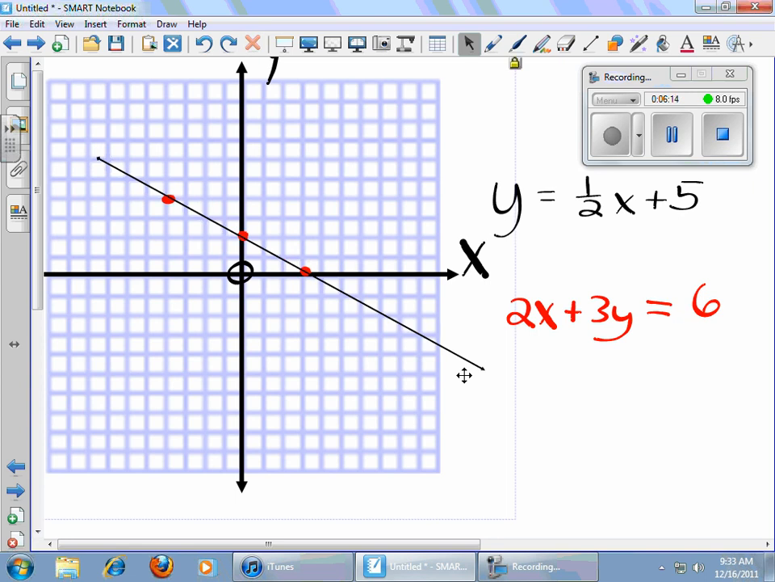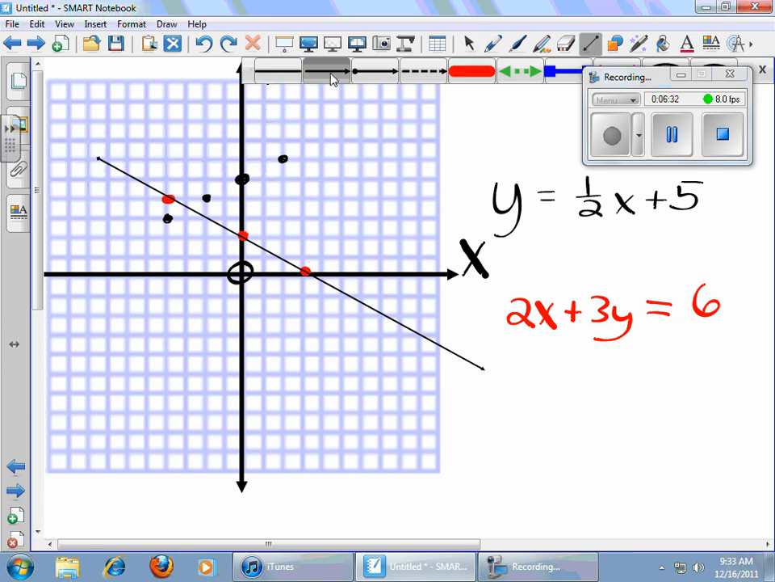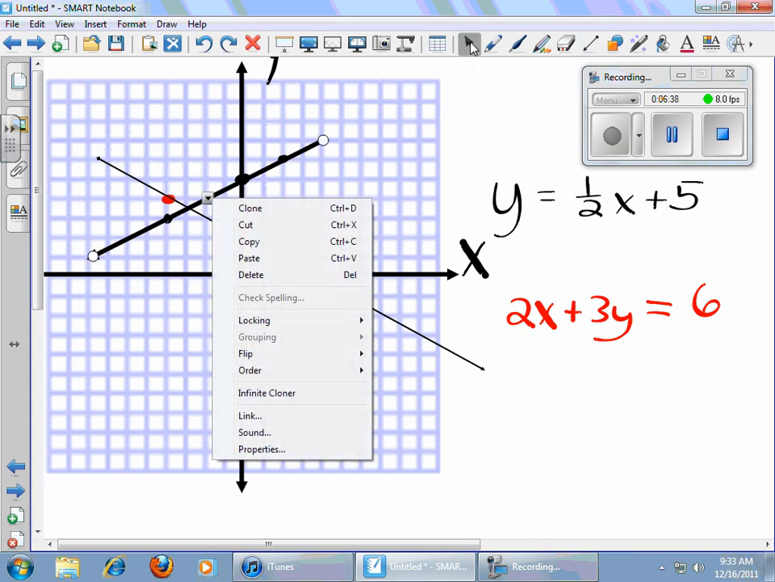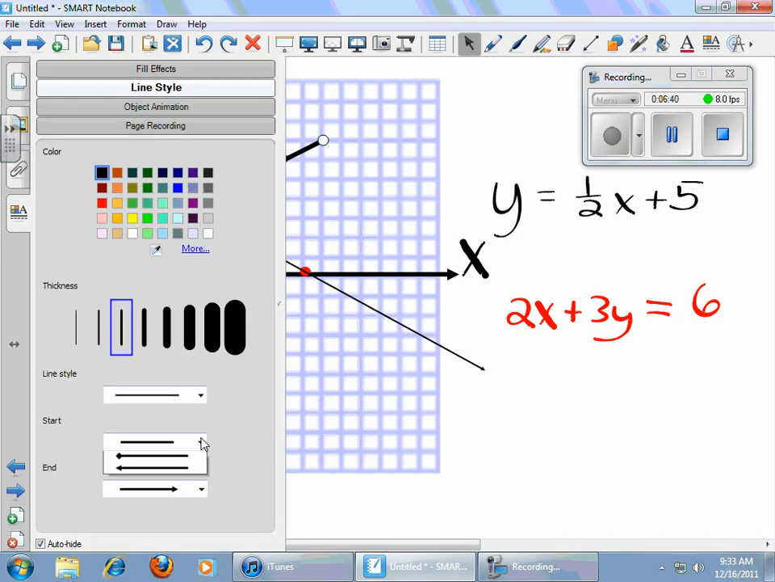Okay, now with the black one, I've got up 5, 1, 2, 3, 4, 5. That was my y-intercept, and a slope of 1/2, right? Down 1, back 2, down 1, back 2, and I'm ready to draw. And what I do is I go ahead and graph the line, just like normal. And again, I'll do my arrowheads,